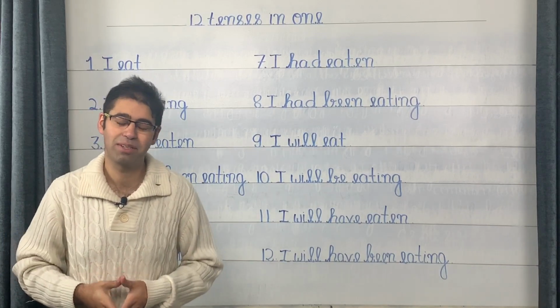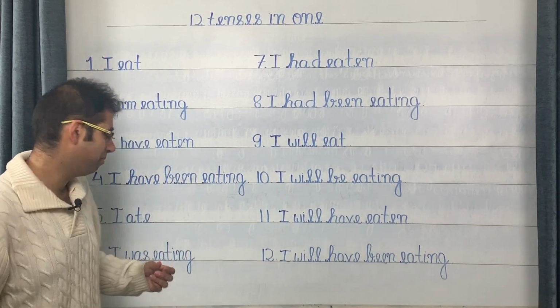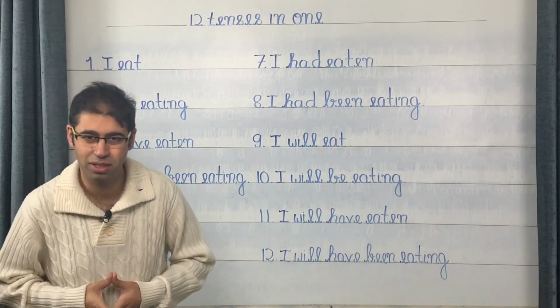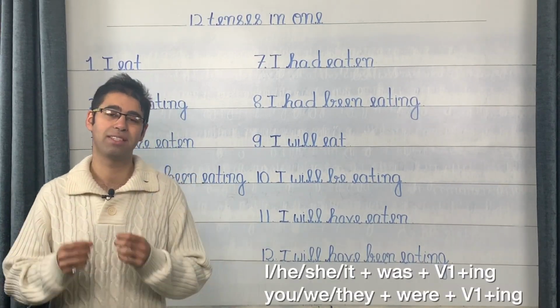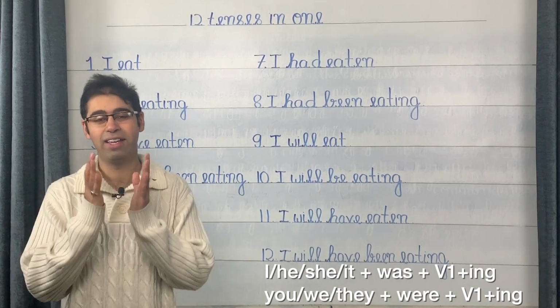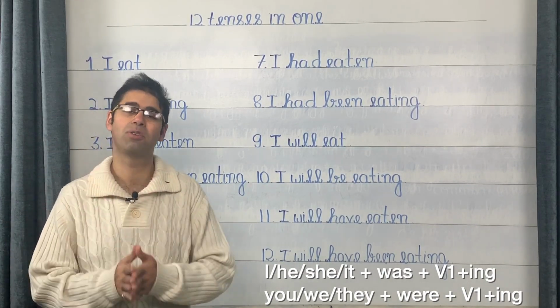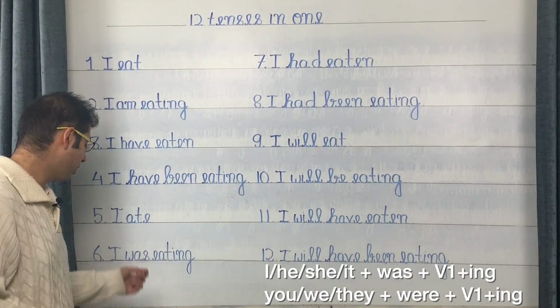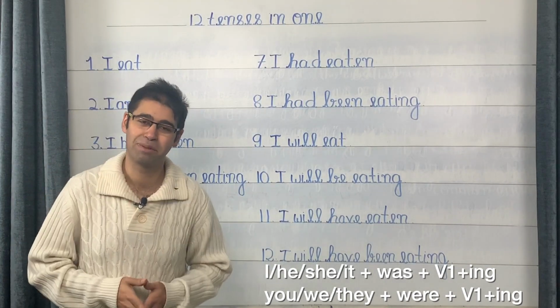Coming to the past continuous, we have our sentence this time as I was eating. So this brings me to the form in case of the past continuous. If your subject is any out of I, he, she, or it, you're going to follow that up with the auxiliary verb was, and that's going to be followed by the main verb in the present participle or in